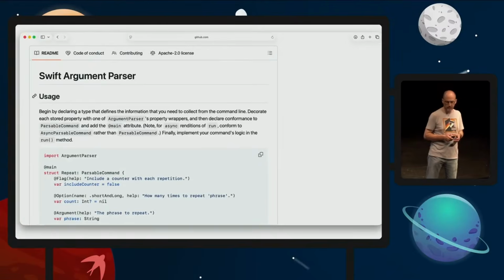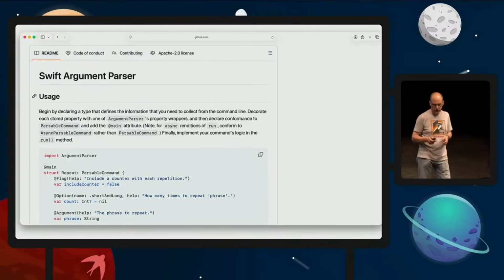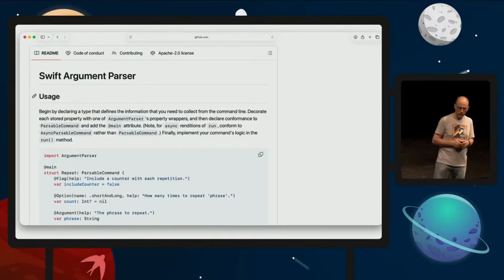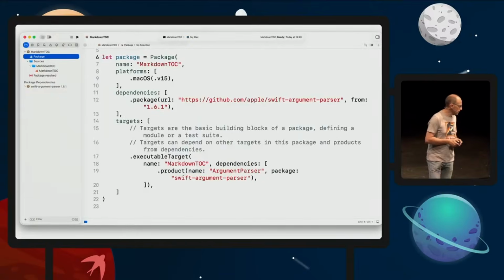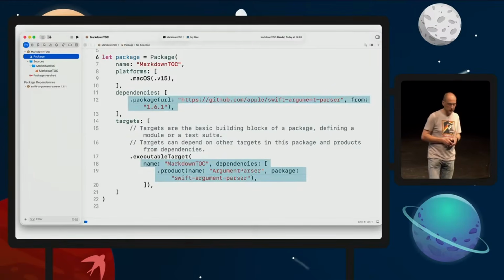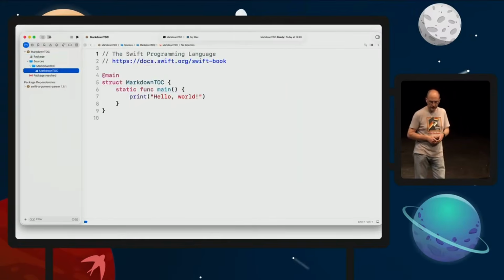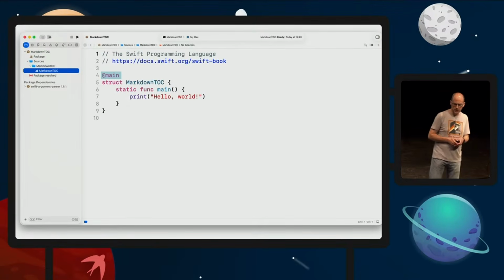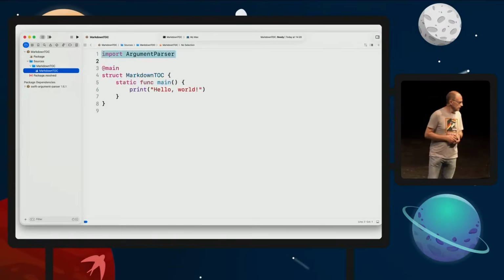there is a package that can make your life much easier, and that's the Swift Argument Parser. It can handle much more complex command line argument structures. So let's start by creating an executable using the Swift package manager, and we add the Swift Argument Parser as the dependency. If we look at the generated source code, we can see the @main attribute and the main static function that implements that. And we'll get to that a bit later. Now, we can take advantage of Swift Argument Parser by importing the module.